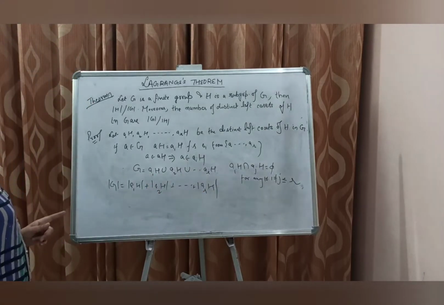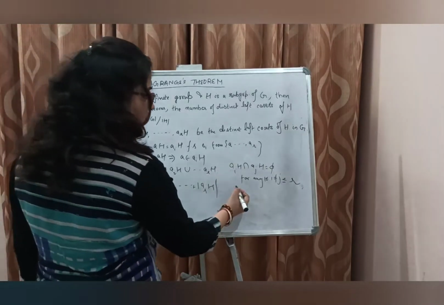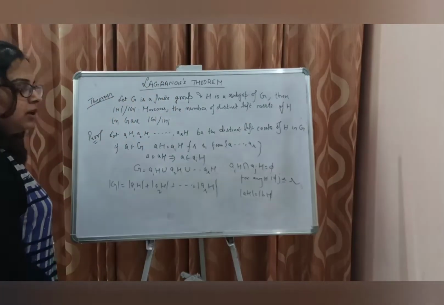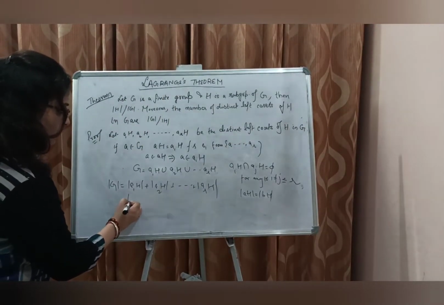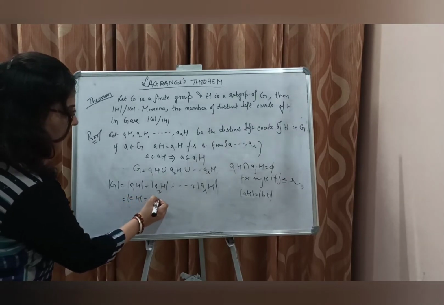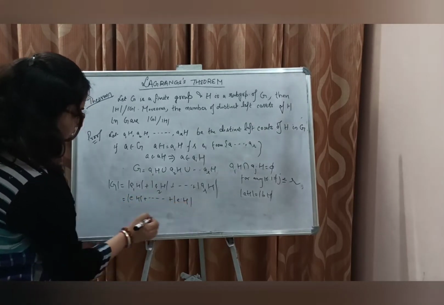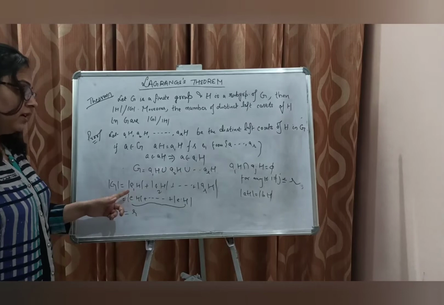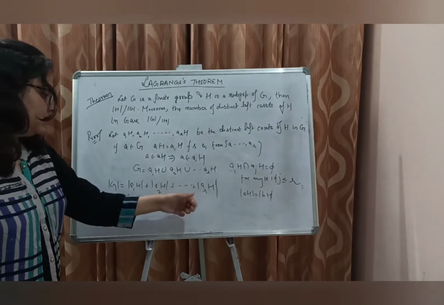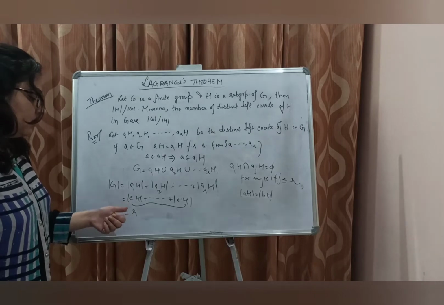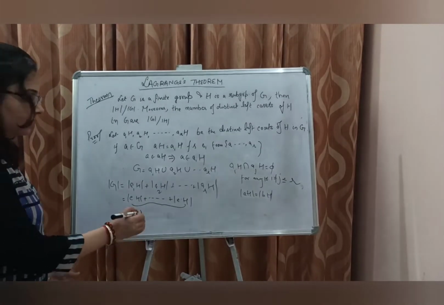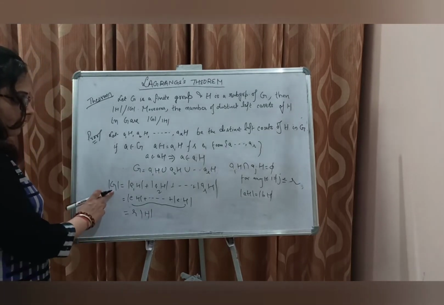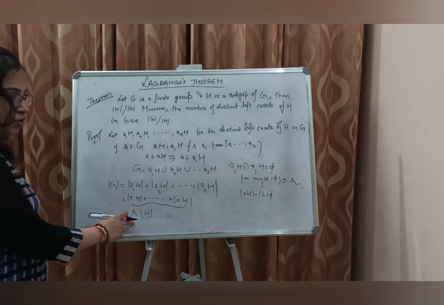Now one of the properties was order of AH is equal to order of BH for any A and B in G. Now we know that identity belongs to H. This is equal to order of EH plus so on up till plus order of EH. How many sums are there? There are R components being added. So this is R into order of EH, and EH is H itself because E belongs to H.